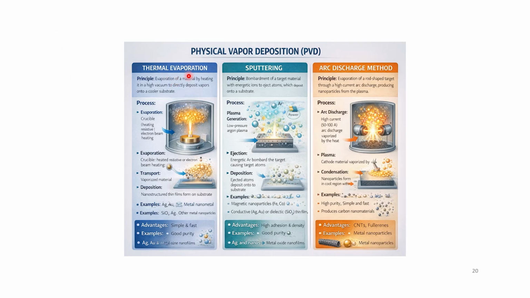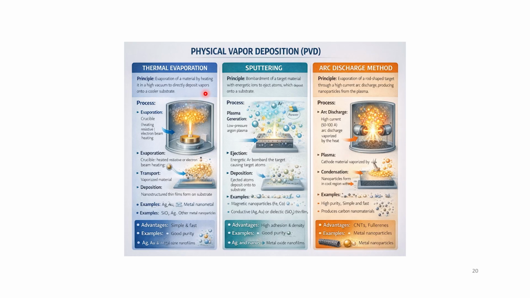In thermal evaporation, you are evaporating a material by heating it in a vacuum chamber to directly deposit vapors onto a cooler substrate. You are heating something at a very high temperature and depositing it on a cooler substrate. This is what it looks like. This is an animated picture, just for depiction purposes. Thermal evaporation is basically evaporation of a material by heating it in a high vacuum to directly deposit vapors